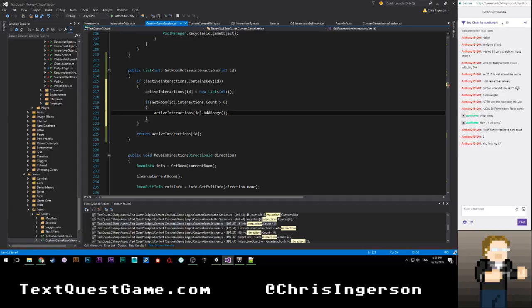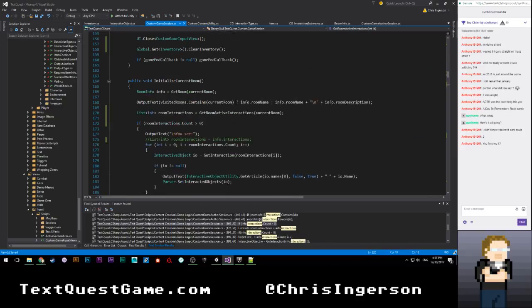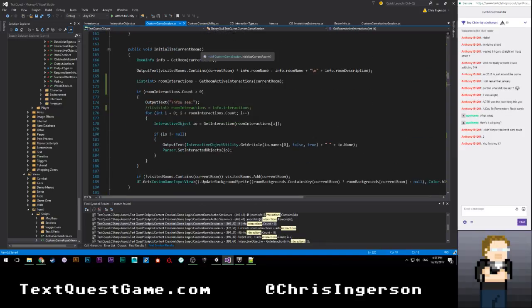Can't type today. This. Okay. That should properly initialize everything, and it should also allow us to get accurate results for if an item